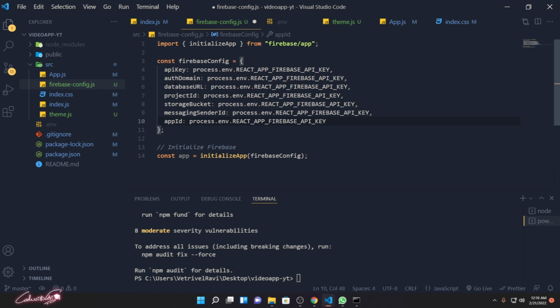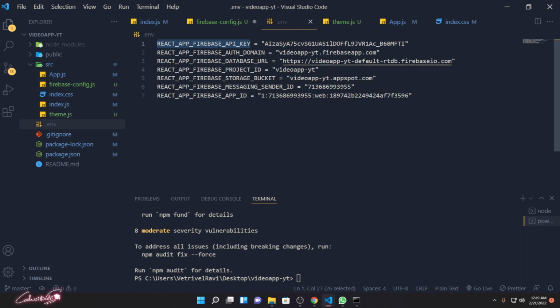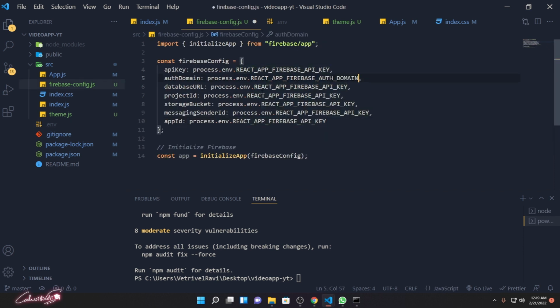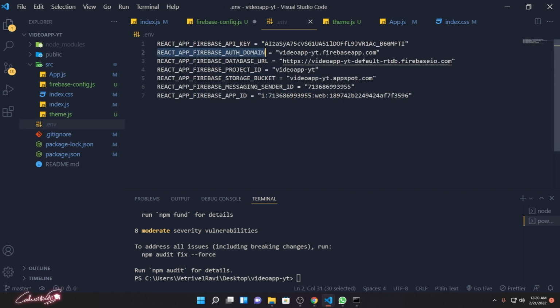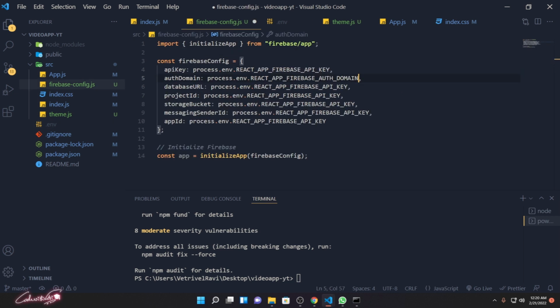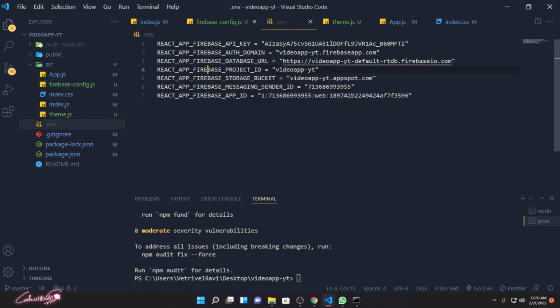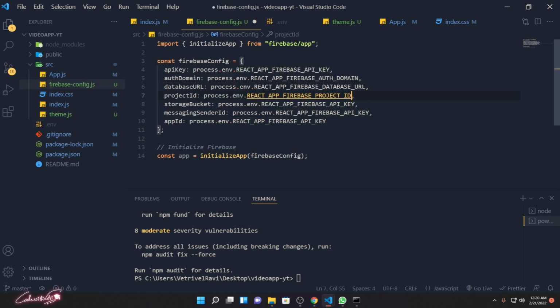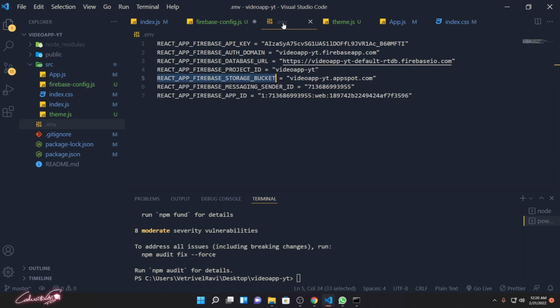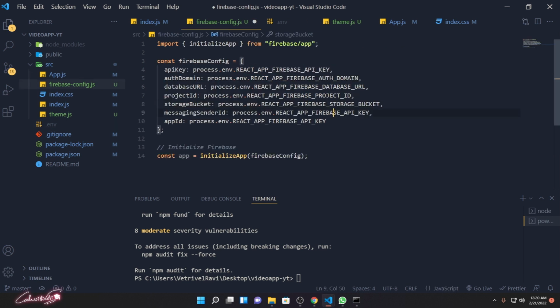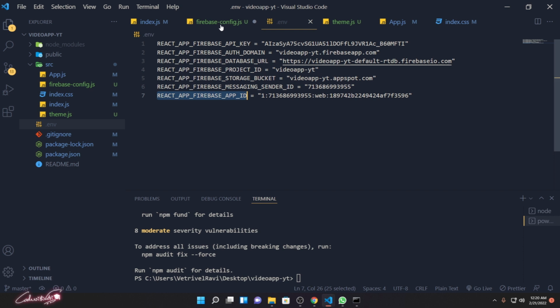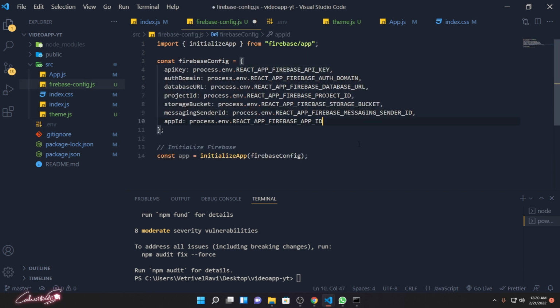So now first copy one by one from there. This is the auth domain, and the database URL. Copy the Firebase database URL, then project ID, then storage bucket, sender ID, and then app ID. Okay, so save the changes, and we need to stop our server and make sure everything